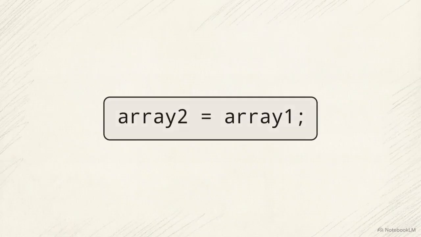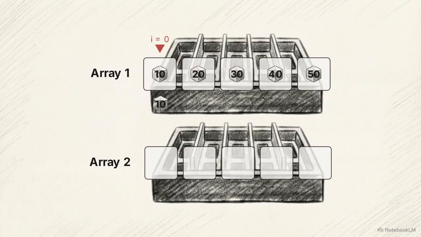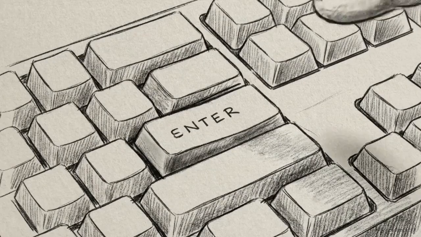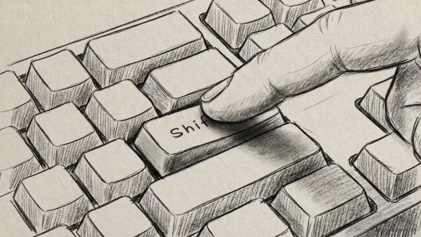Here is a common mistake. If you have a second array, you cannot simply set it equal to the first one to copy the data. To copy an array in C, you must use a loop to move the information one element at a time to the second set. Our array is now completely full of live data, but we still need a secure way